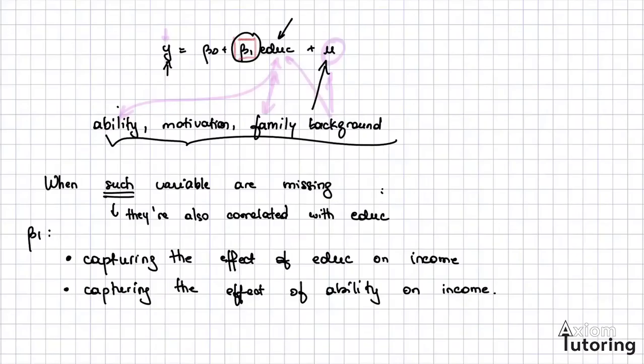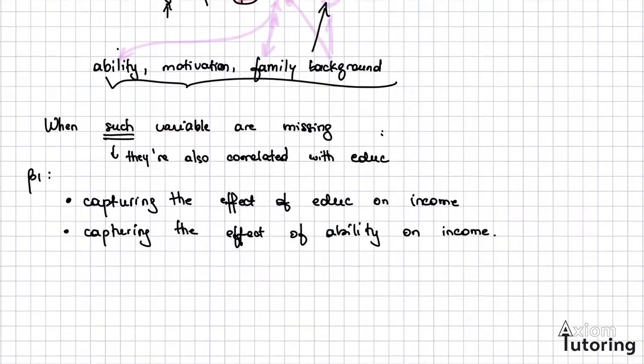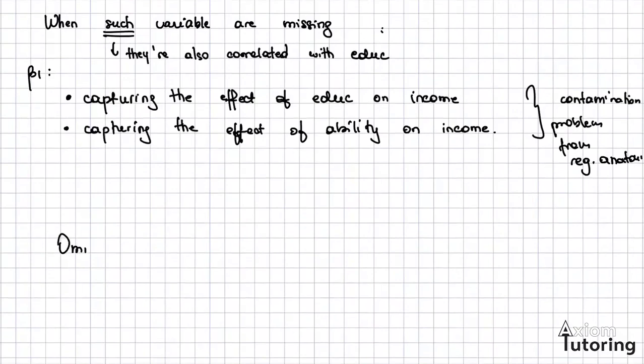And this is exactly the contamination problem from the regression anatomy. And we have failed to clean it. When a relevant variable is omitted and it is correlated with an included variable, the estimated coefficient is biased. And this is exactly omitted variable bias,